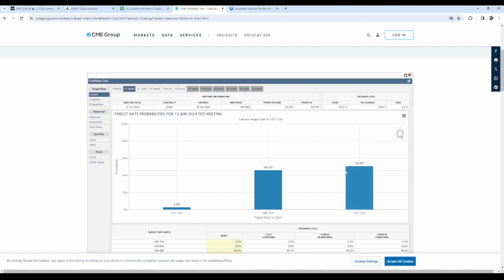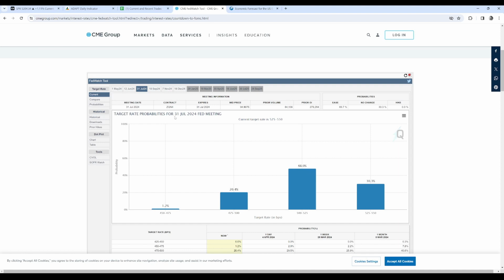We are pricing that the majority of the probability is going to stay where the interest rate is at, but we are starting to show quite a bit of a probability that there might actually be a rate cut in June. So this would be the first month that we would be seeing a rate cut down to 500 basis points. In July, it's almost guaranteed, or at least mostly guaranteed, that we're going to be in this 500 to 525 basis points